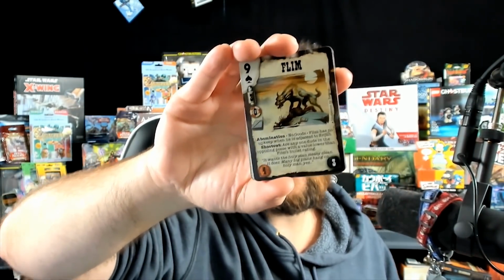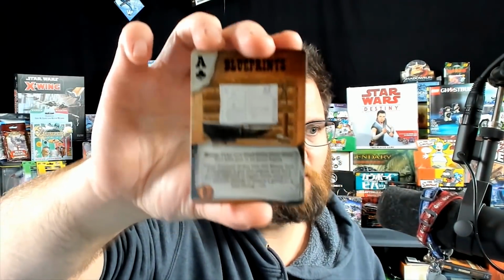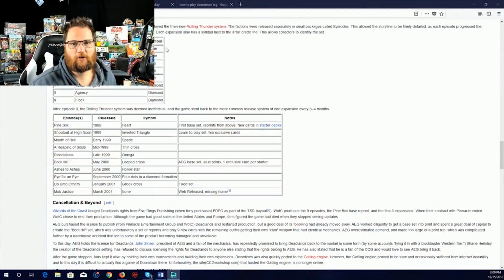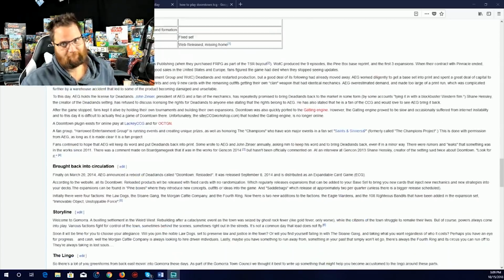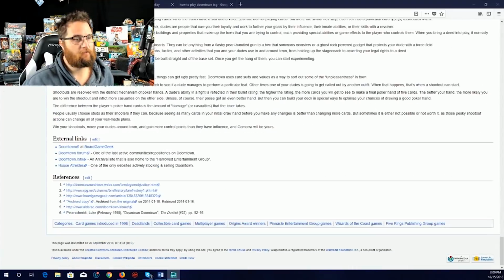They pushed out what looks like a ton of expansions. A ton of them. But I do like the idea of a game inside of a game. Here you have an ace of clubs, blueprints, a game inside of a game, two different ways to enjoy it. But when you look at the actual sets that came out, it was a lot. They pushed out 5 sets in '99. 1, 2, 3 in 2000, 2 in 2001. That's a lot of sets to push down on people, but it seems like it still has a very strong